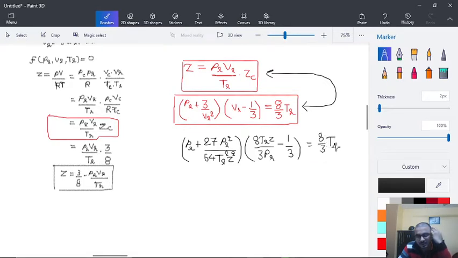This you can do by yourself, and we can further modify this as